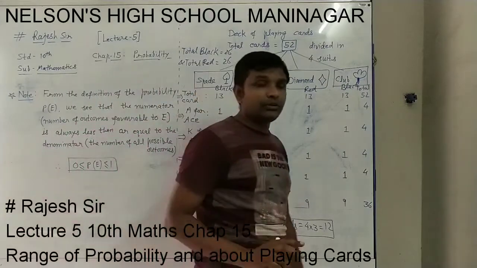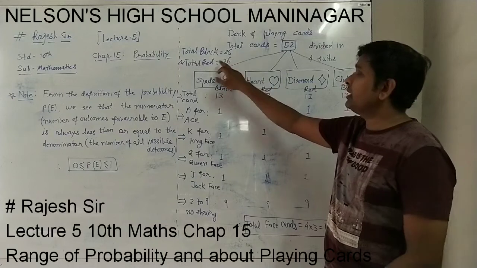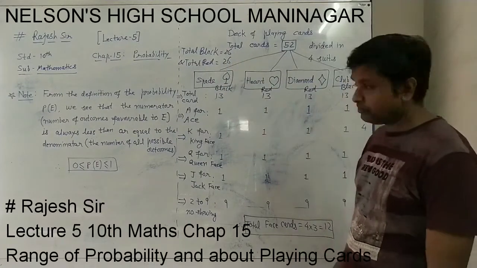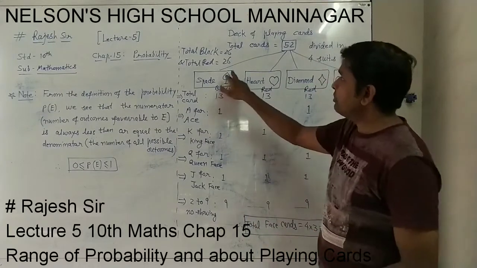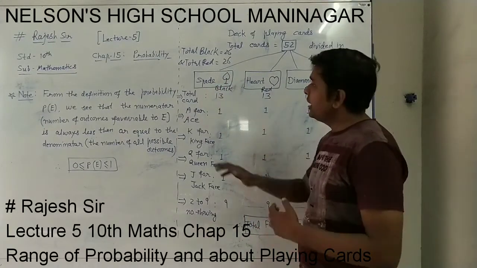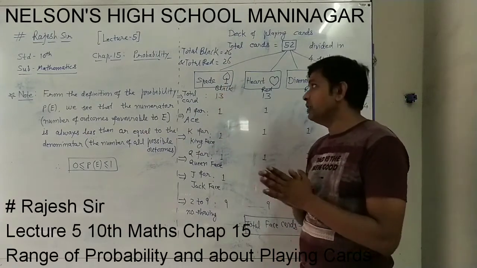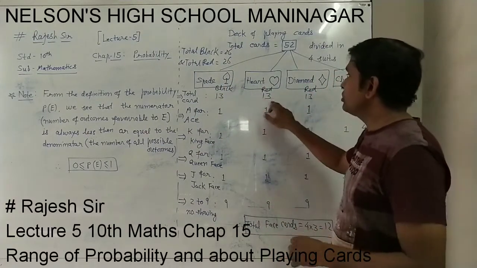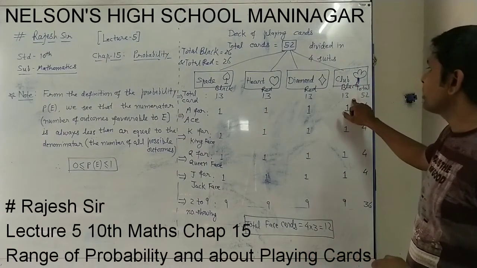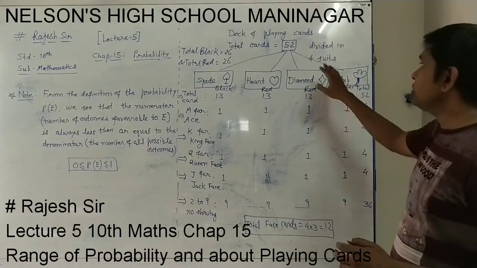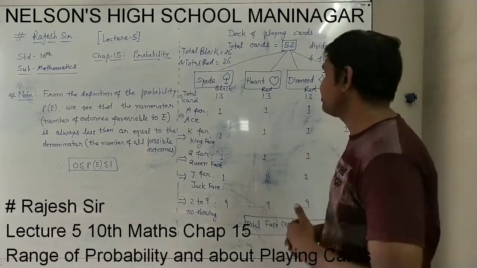In 2 colors it is divided 52 cards. In that, black 26 cards and red also 26 cards. Now in each of these 4 suits, this type of sign is called spade. In the total cards you will find 13 of this shape. Heart shape also 13, diamond shape also 13 and club shape also 13. So in each of the 4 suits you will have 13 cards.